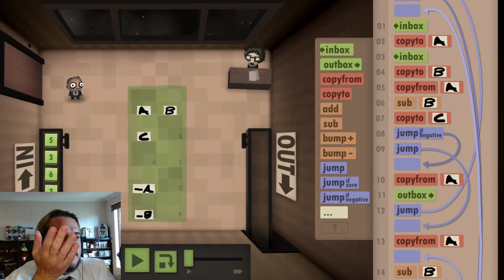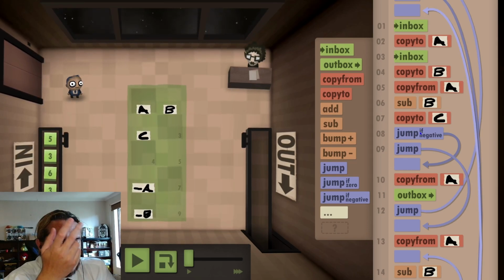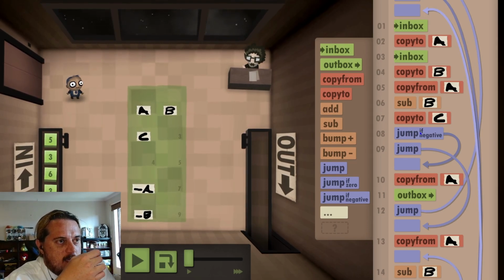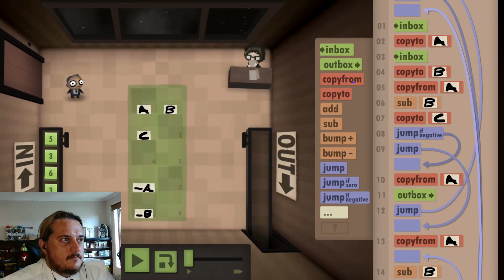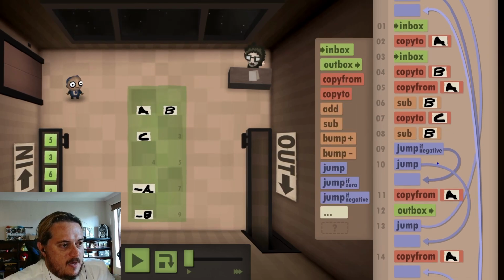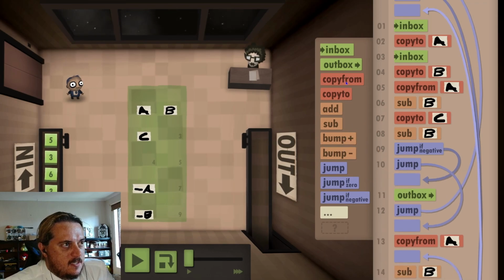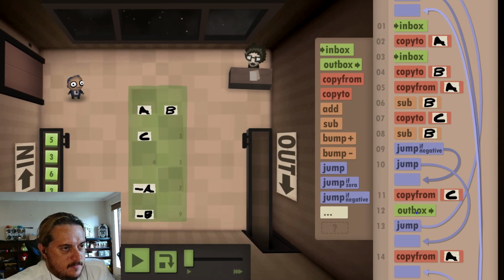So that's my remainder. But to confirm it's the remainder, I need to say, can 2 be minus from 3? Sub B, if negative, copy from C, and outbox. Go. If positive,